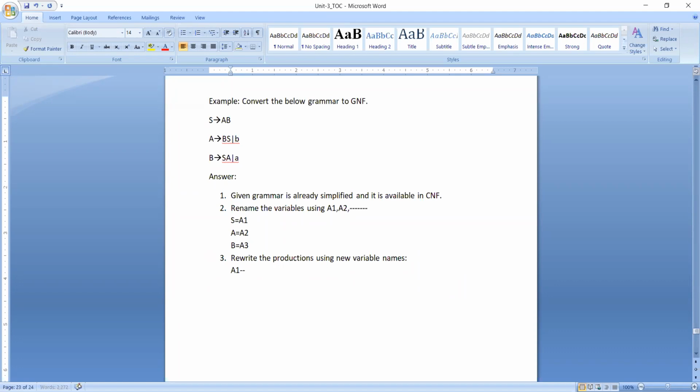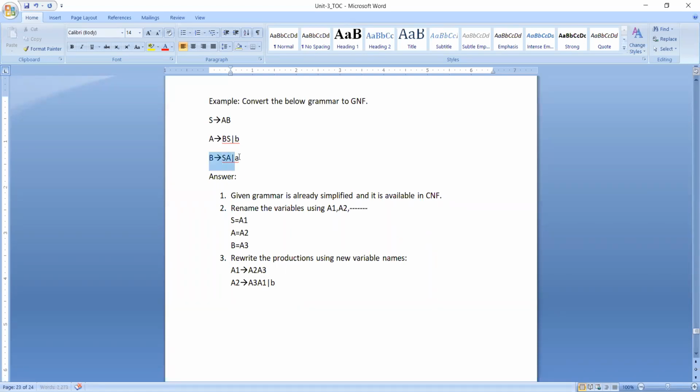A1 derives A2 A3. Then A is A2, A2 derives what? B is A3 and S is A1. So A2 derives A3 A1 or b. So this is our A2 production.